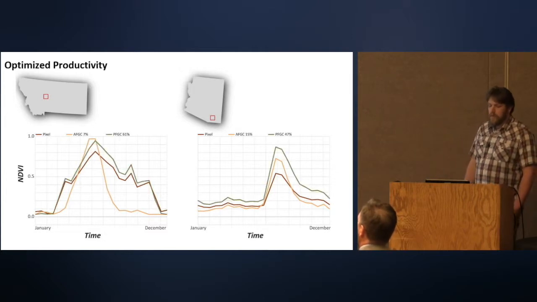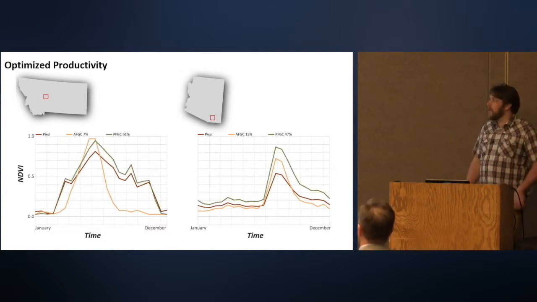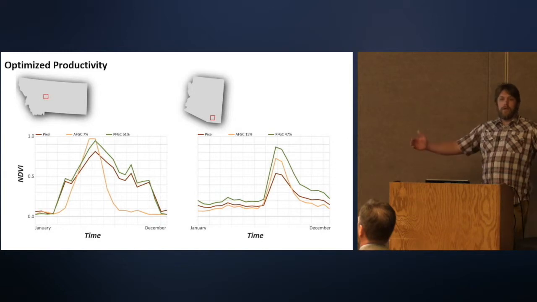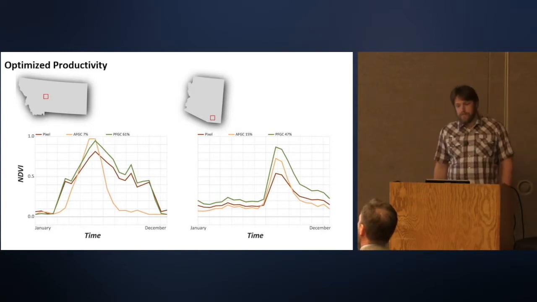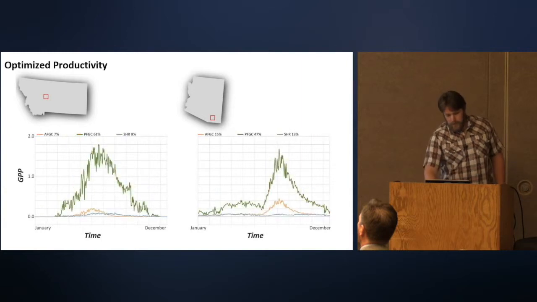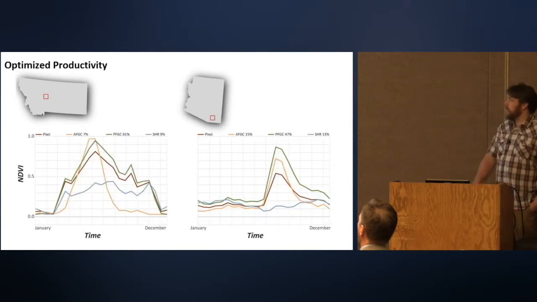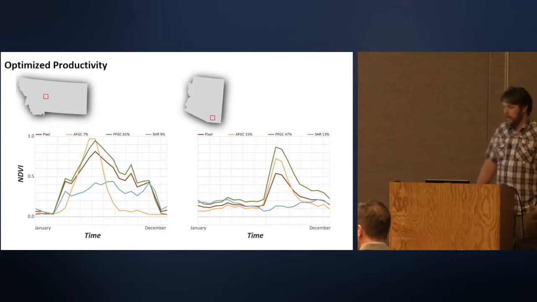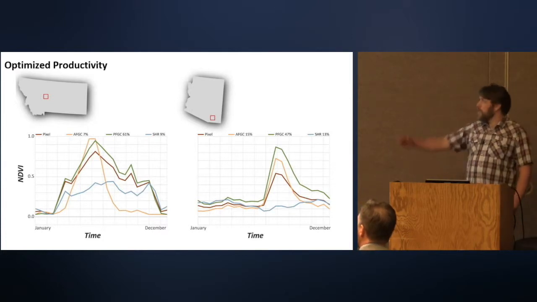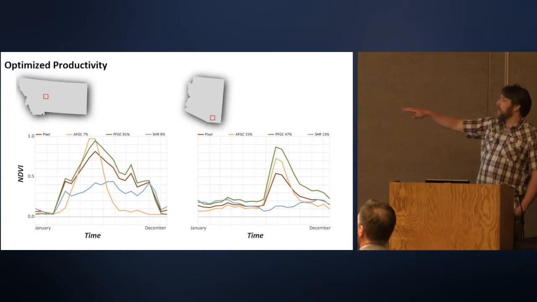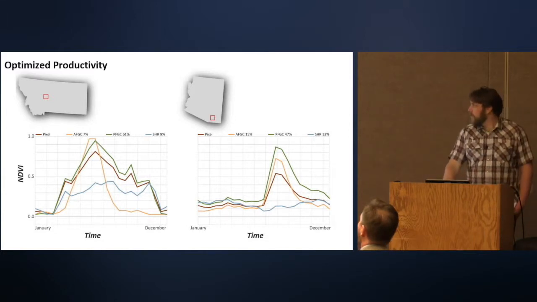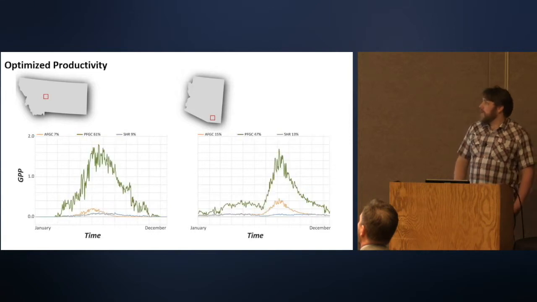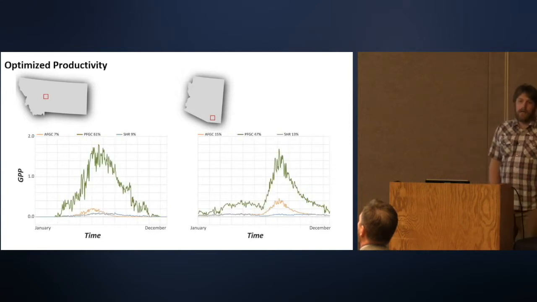And perennials is what you'd expect to some degree. You get a little bit more sustained productivity through the season. Shrubs, again, what you'd expect, sort of this low but stable NDVI through the season. And then the component of bare ground, I didn't put that in there, but that would stay stable along close to zero. And then when you plug that back in to the GPP and NPP